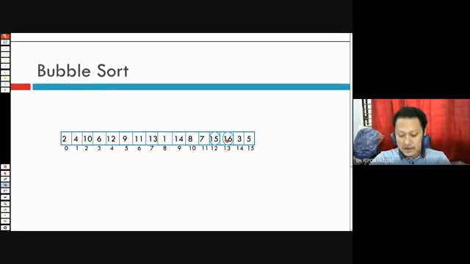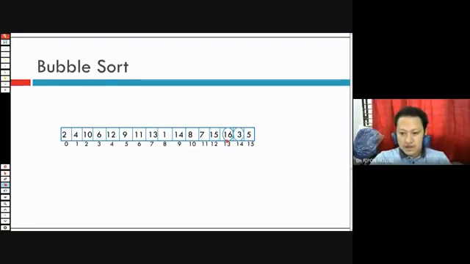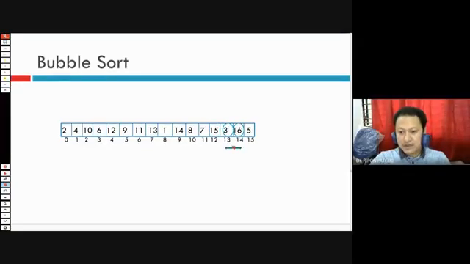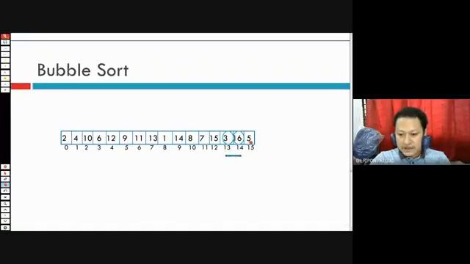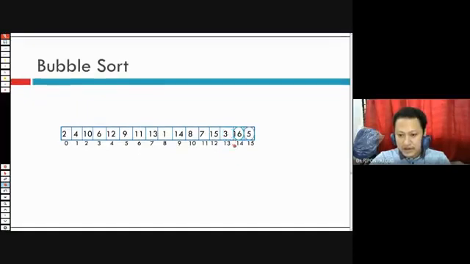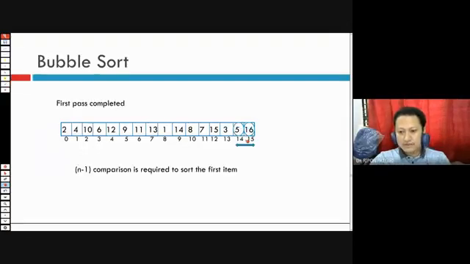Yes, so we need not swap. So 16 and 3, is it in order? No, we swap it. Now 16 and 5, is it in order? No, we need to swap.